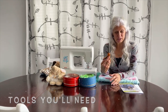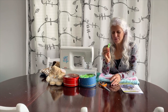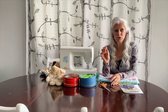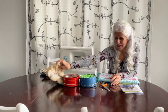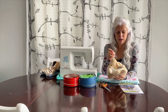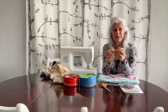You'll need a pair of scissors. And one of our favorite tools is these things we call Clover clips. They have it in this larger size and in this smaller size. We love them because it helps you hold your pieces of fabric together without getting poked all the time. However, you will still need some pins as well to pin the pattern pieces onto the fabric. And we always recommend that you use these long pins with great big heads so that they don't get lost